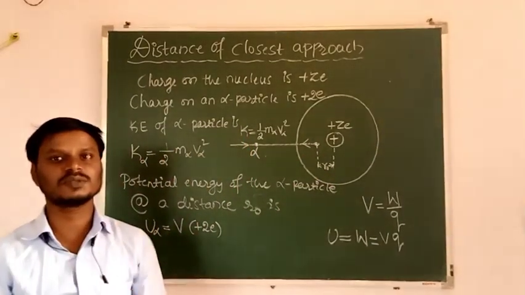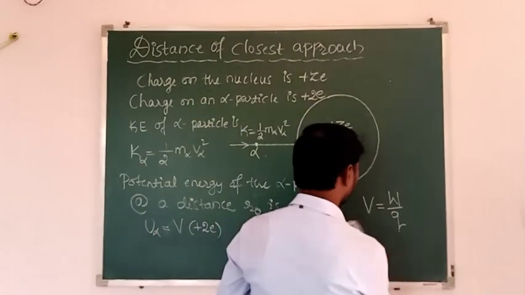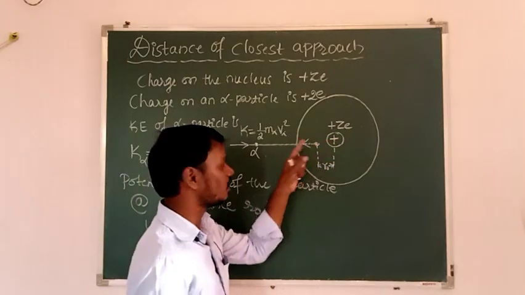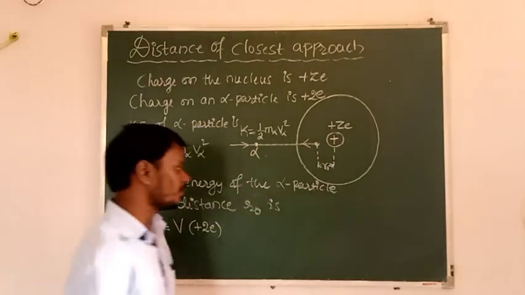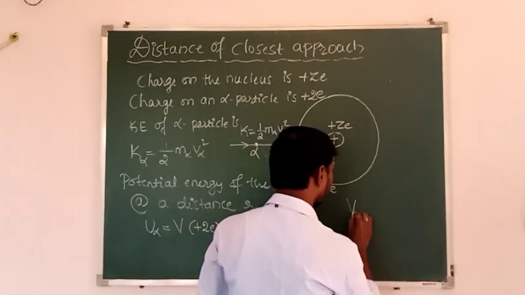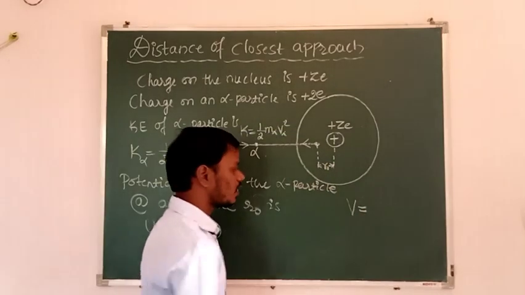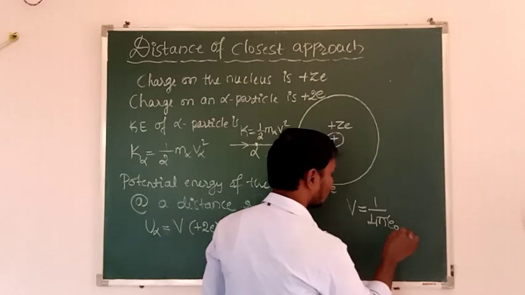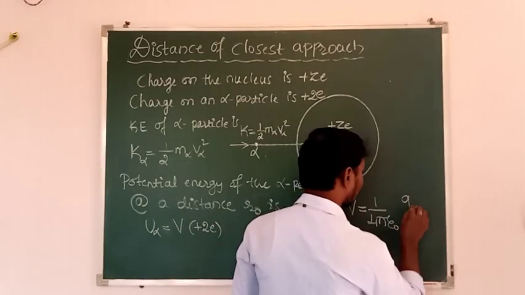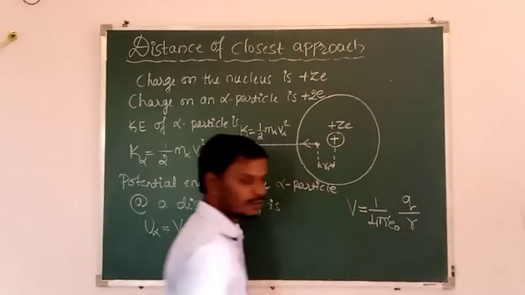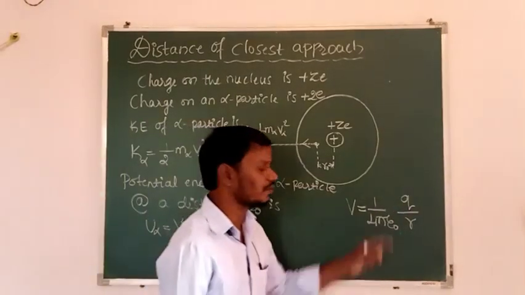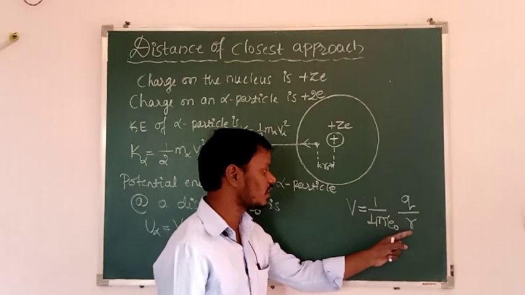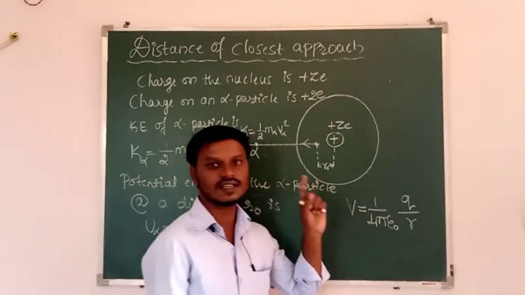Then what is the expression for the potential? Here the potential due to the source charge. Due to this potential there is work done on the test charge. Okay, then what is the expression for the potential? That is 1 by 4 pi epsilon naught q by r. Then what is q? Q is nothing but the source charge. And at what distance is the potential? The potential is at the distance r.